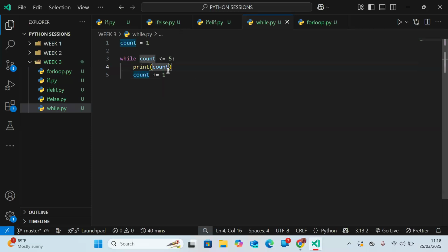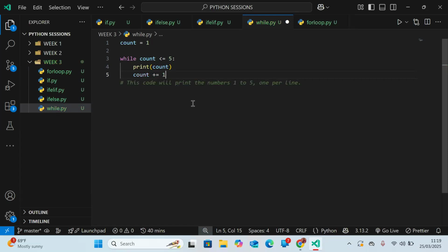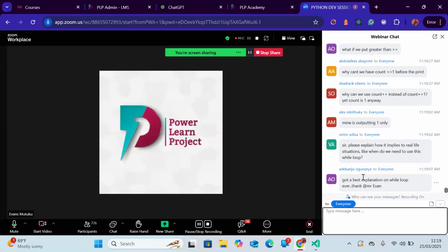Someone is telling me we try a weird thing here, like the count plus plus. As you can see, this is an unexpected expression that we can't use in Python. Let me see. It doesn't work in Python. So basically, it's just like this. So once we try out,